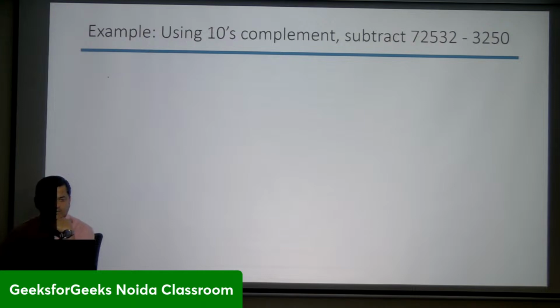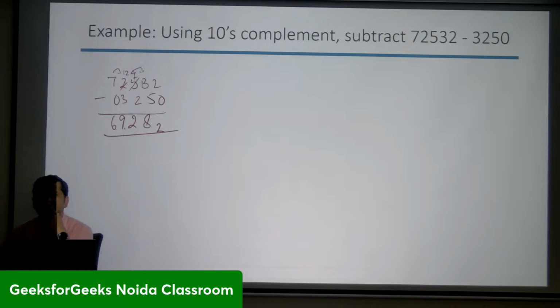Okay, so if I simply use the decimal number system to apply this subtraction, I'll just simply subtract this particular value as 72532 minus 03250, and the outcome is there as 2. It will take a borrow from this one, so it is going to be 13 minus 5, that is 8, and this is going to be 4. Result is 2. Now it will again take a borrow, that is going to be 12 minus 3 is 9 here, and this is going to be 6. Okay, so this should be the subtraction result,